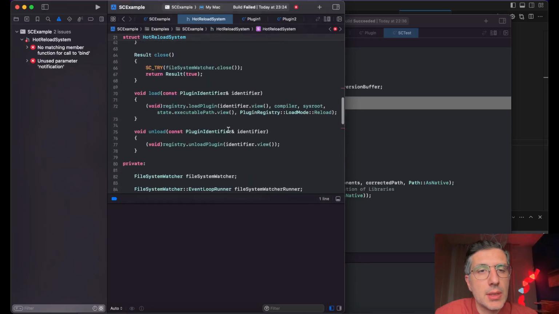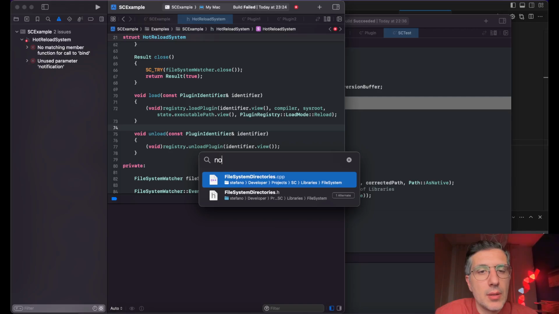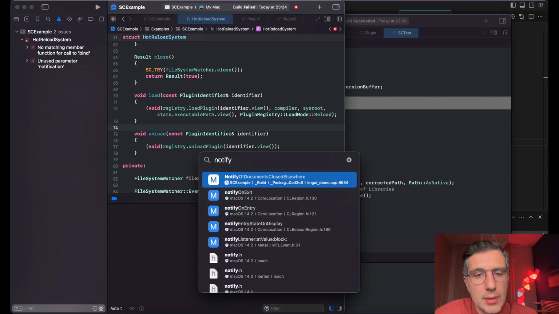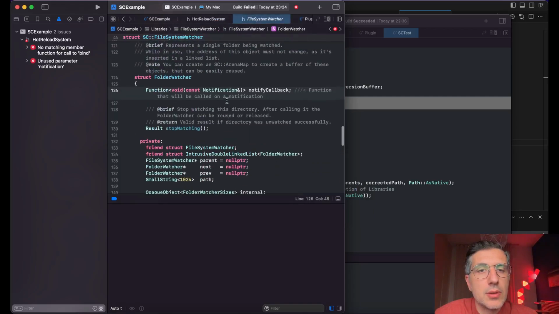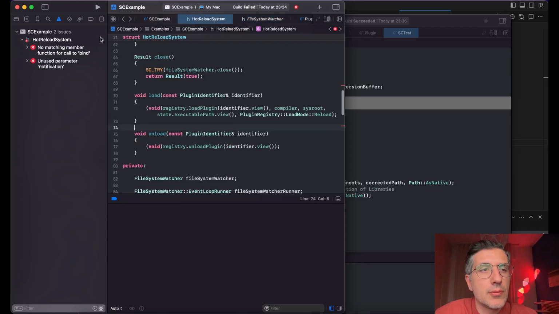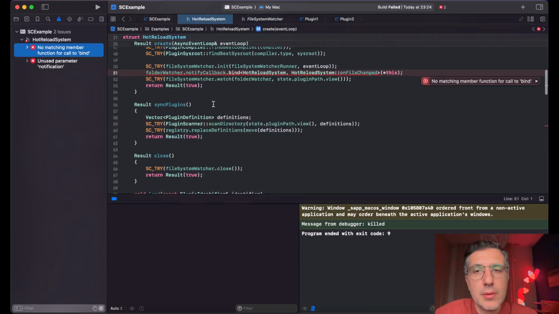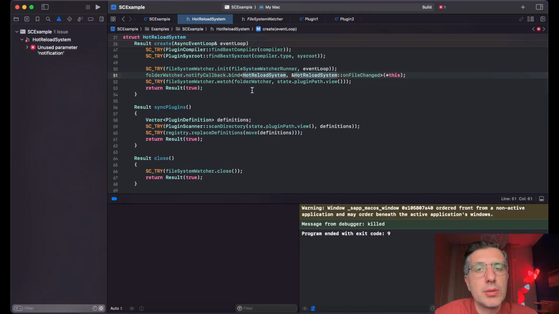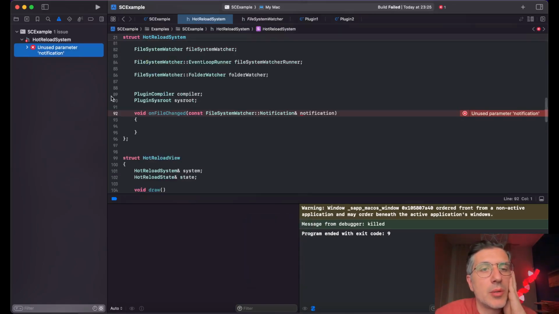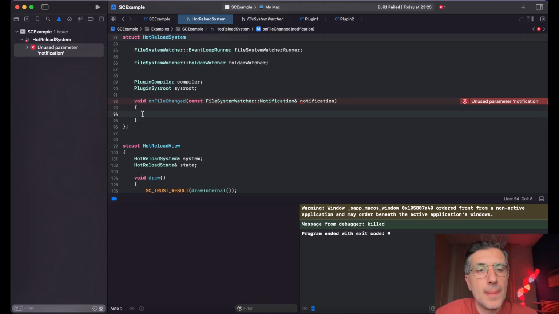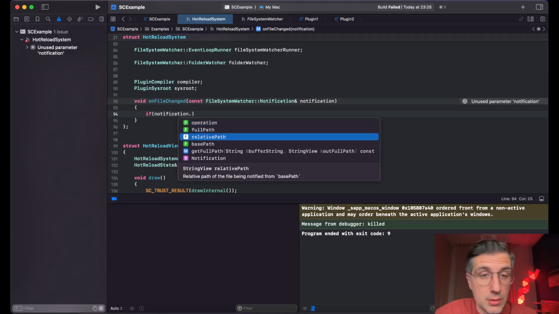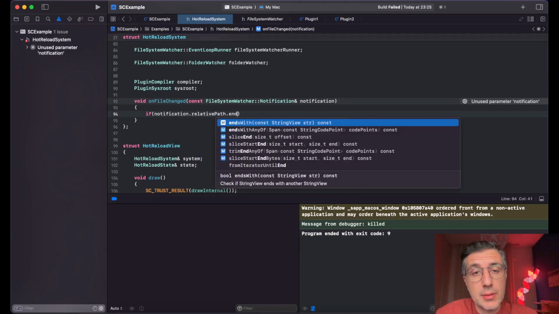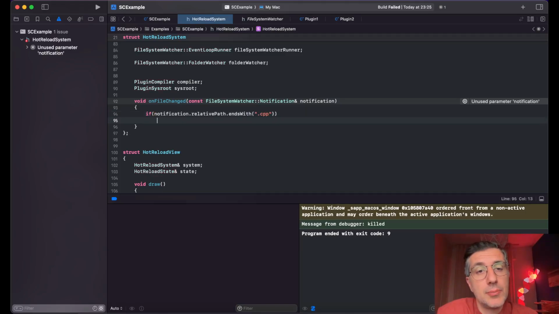Okay, what is the signature of the notify callback? Const notification, returning void. Oh, okay, I just need the ampersand. Unused parameter notification. So if notification dot relative path ends with CPP,